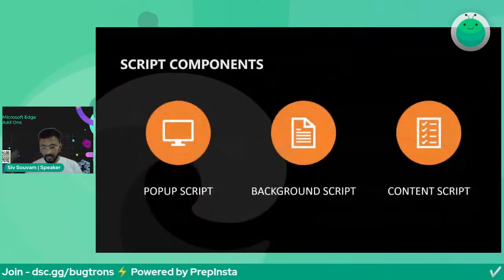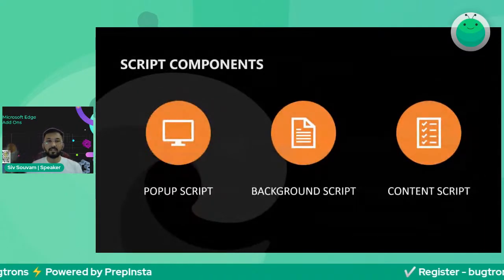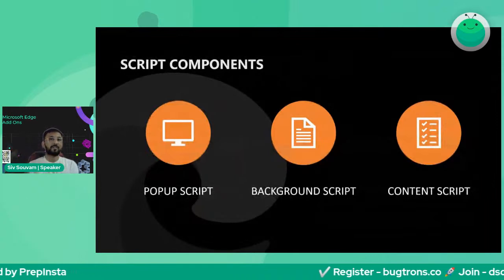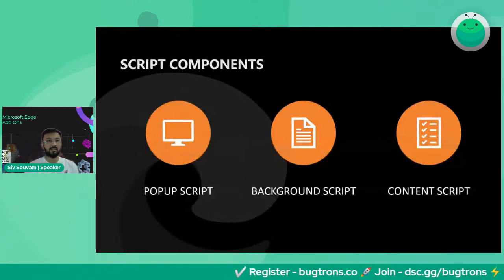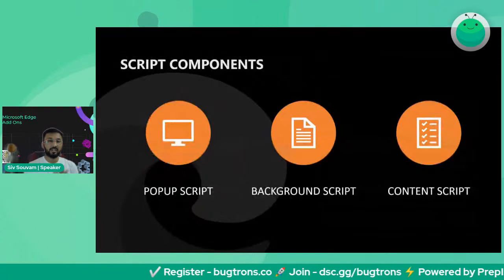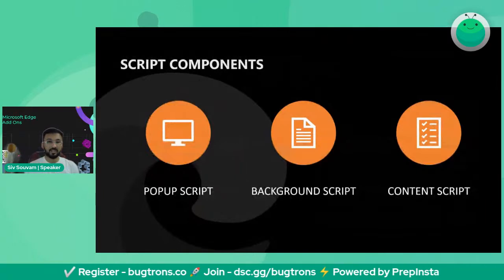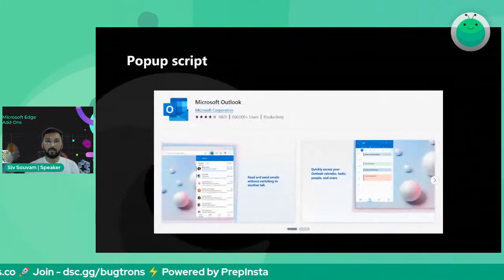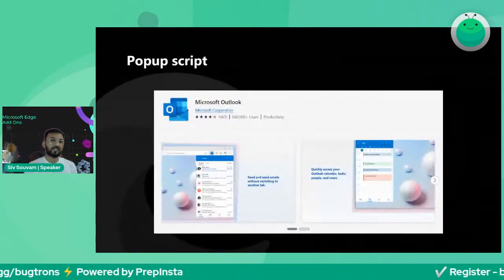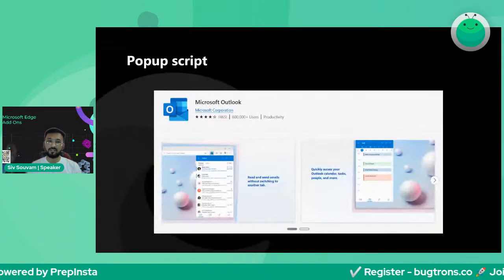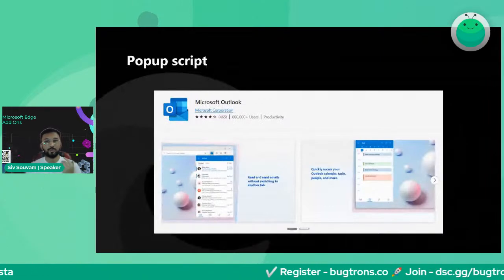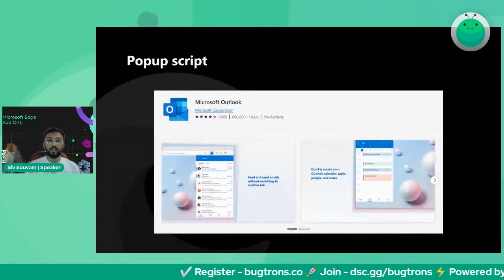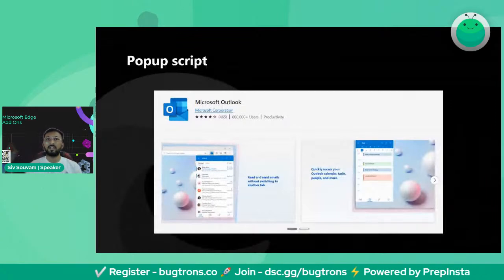I hope as we have already discussed the types of extension, or I can say script components, that is pop-up script, background script, content script. I'll tell you again, a pop-up script is a script which pops up on the screen and helps you to access the data without going to any other screen. For example, there are a lot of